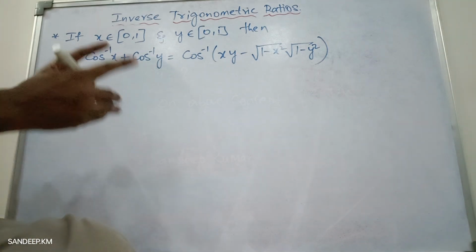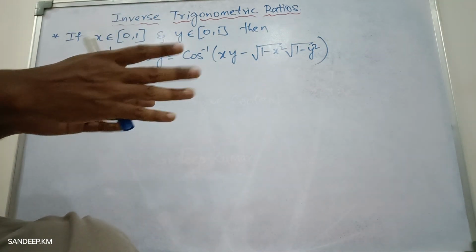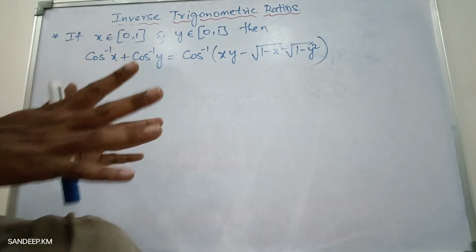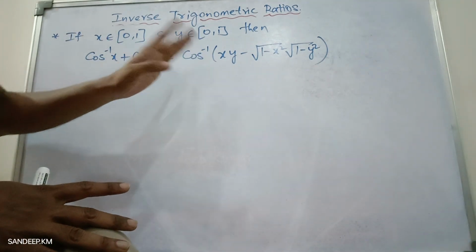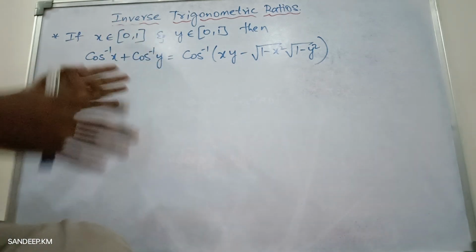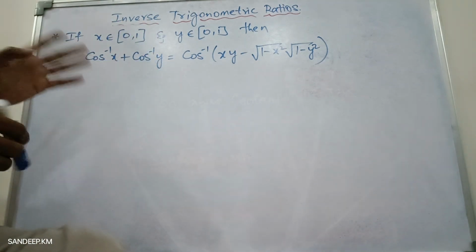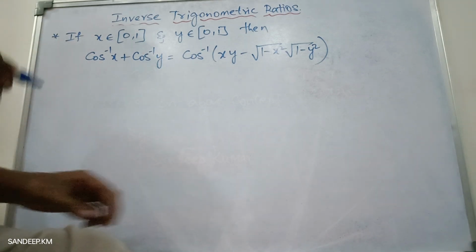Okay, but for sine inverse x plus sine inverse y, we have seen two different formulae, but here it's just one. Always cos inverse x plus cos inverse y is this, but remember x and y are numbers between 0 and 1, and they can be 0 and they can be 1. Let us see how to prove it. Very easy proof, dear students. So in proof,